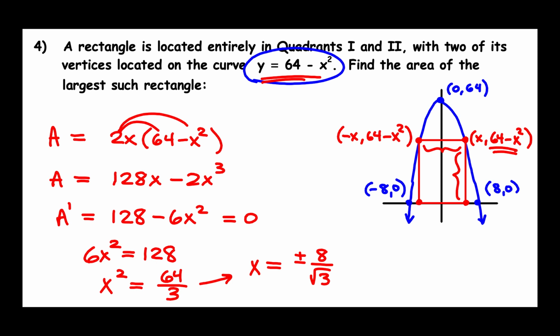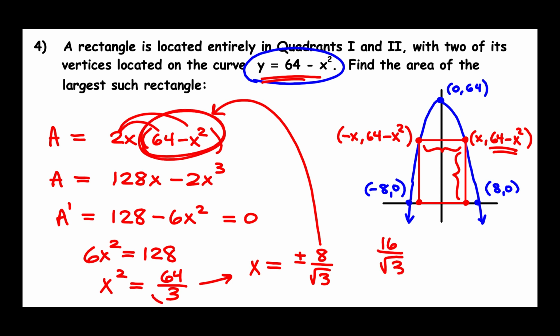If you plug it back in to here, you can figure out what the area is going to be. So we have 2x. So that's going to be 16 over rad 3. And then 64 minus x squared. Remember that x squared is 64 thirds. So we have 64 minus 64 thirds. I'm kind of laughing because this is getting a little bit nasty. Oh my goodness. I think it's just time to use the calculator at this point. So we're going to give that a whirl. Let me type that in. And that's going to give me